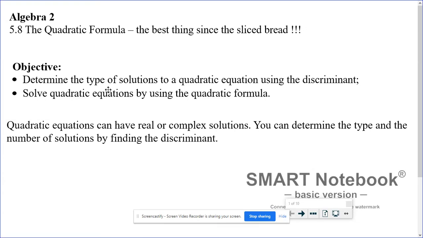Welcome to lesson 5.8. We are going to look at the quadratic formula. This is the last part of the chapter. This is a catch-all way to solve any quadratic equation. All the ways that we've done so far, solving by square roots, factoring, graphing, completing the square, things that we solved before could be done by this method as well, plus everything else that you can't do with factoring